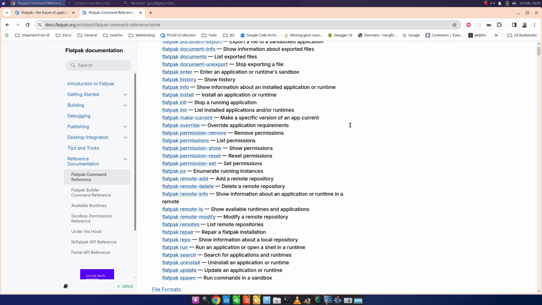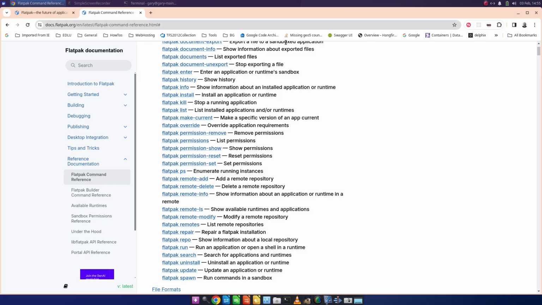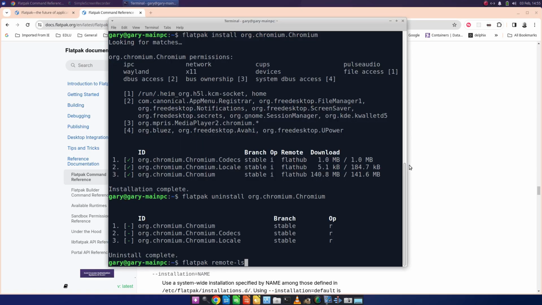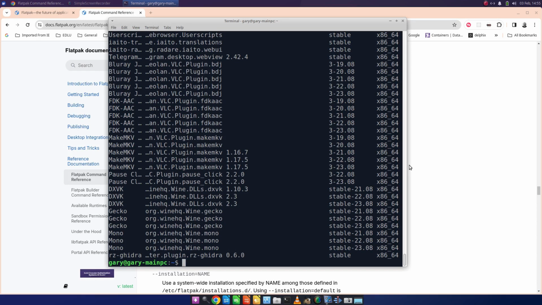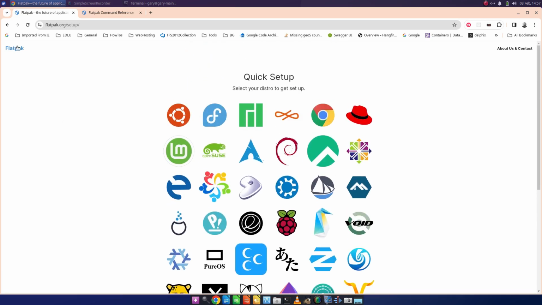So how can you find a list of all applications? You can type Flatpak remote-ls, which you'll find here. It shows runtime and applications that are available in the remote repository. And that's going to zoom through quite fast. What you can also do, obviously if you're using GNOME, is use the search tool within GNOME. But if we go back to Flatpak here,